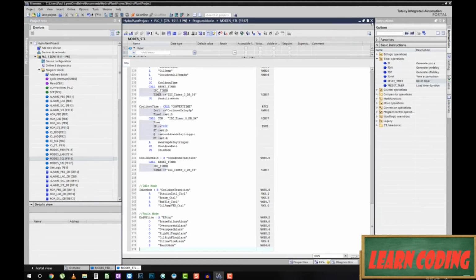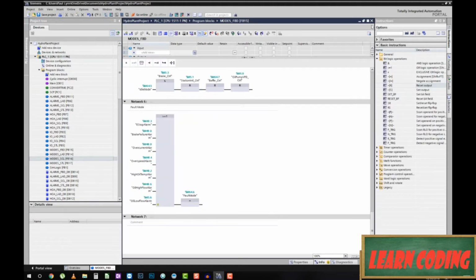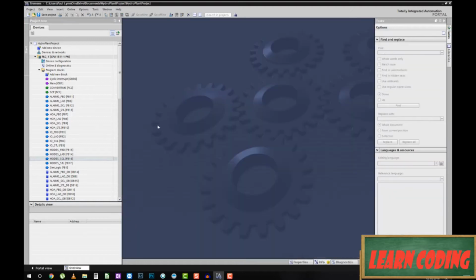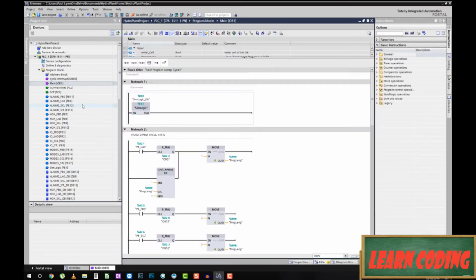We've got our modes function block and our modes STL still open. Let's just get rid of those. And I'm going to want my main, so let's pull that. And aside from the main, I'm also going to want to pull up a graph, and we don't have a